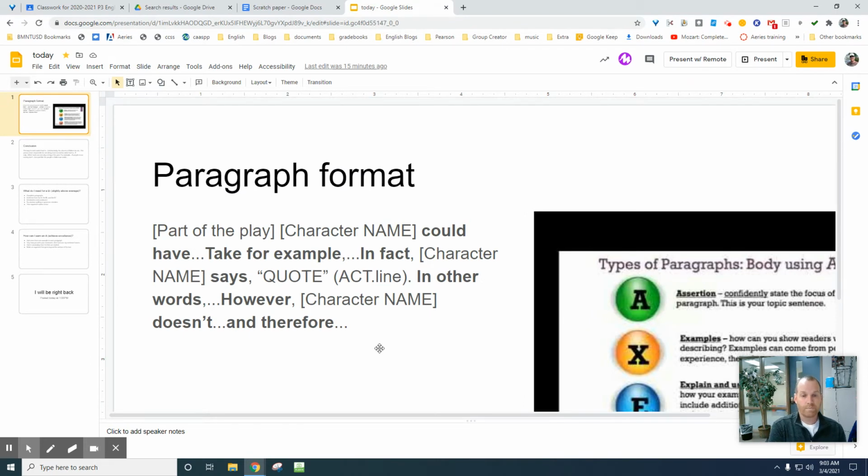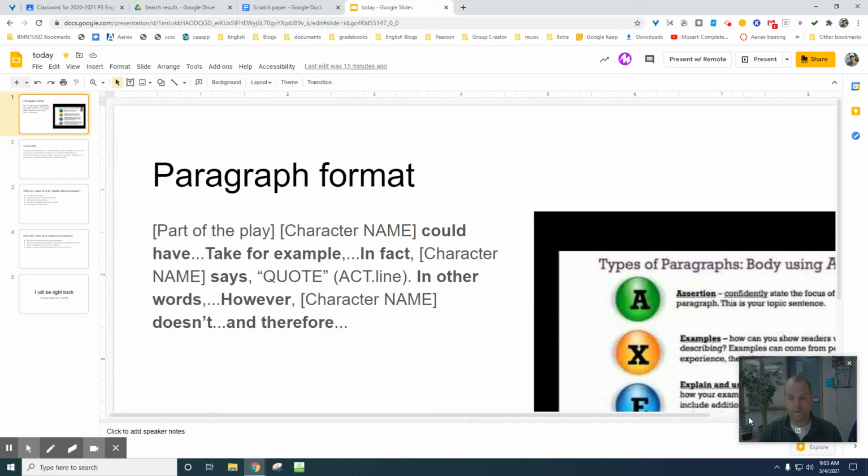Okay, so I'm going to pick a part of the play like Act 2. I could say, in Act 2, John Proctor could have done what? Give me an example. Then you need to find a place where a character says something that backs up your example. Okay, so in fact, Proctor says, or someone says something that backs up your example. Then use the phrase in other words to explain it. And then you're going to describe however they don't do this, and therefore the problem continues. Okay, so however, maybe in this case again, John Proctor doesn't do the thing you've described, and